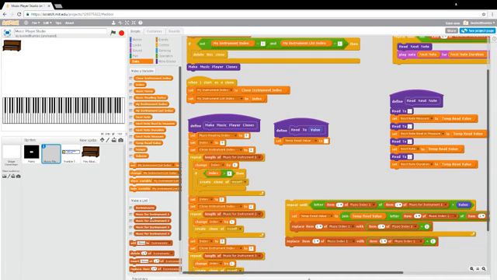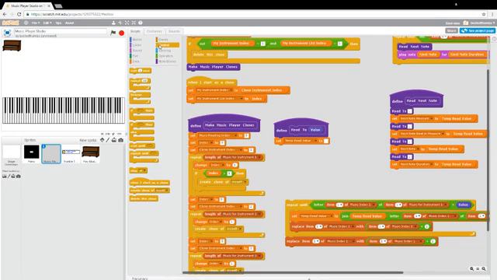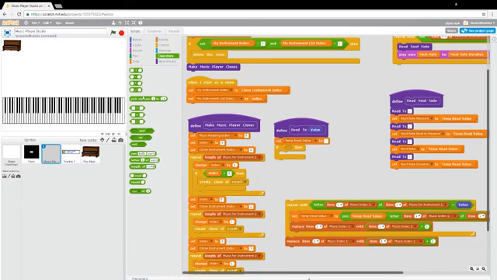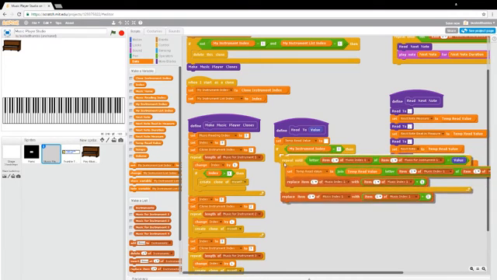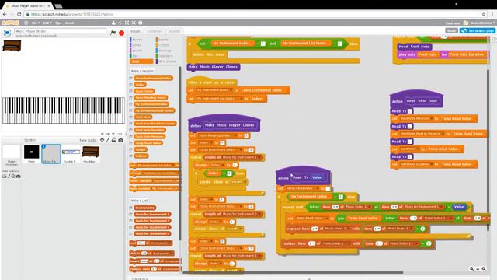Now in this case, unfortunately, Scratch doesn't let you just kind of say, hey, assign this list to a variable and work with it. So we're going to actually have to do some if statements to switch on our instrument index. Because basically we have to look at my instrument index in order to know which list we're going to be working with. So inside here, we're going to do something much like we did here before,